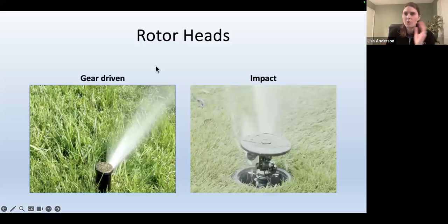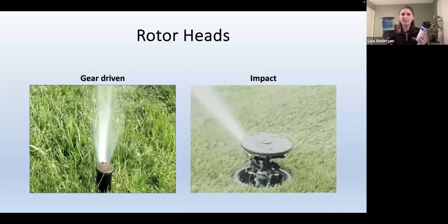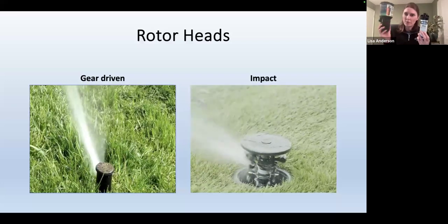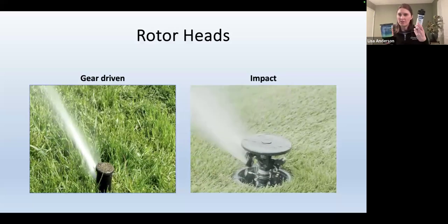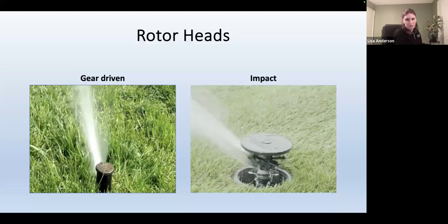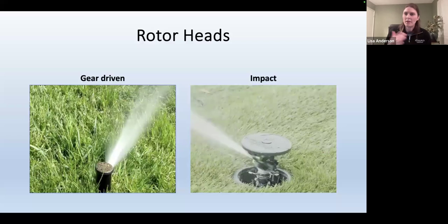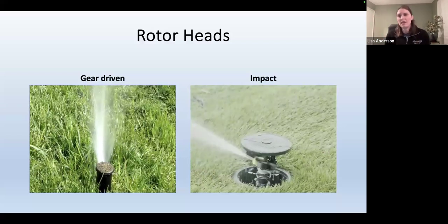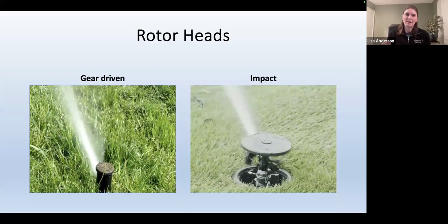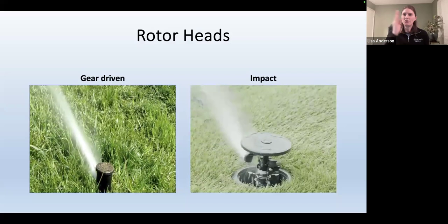Within the category of rotor heads, there are two different types. And you have examples. As you can see, impact rotors are much bigger and gear-driven rotors are much smaller. They both rotate, but you can see the gear-driven on the left-hand side has a much smoother back and forth pattern, whereas the impact rotor has that standard sprinkler noise and pattern we're familiar with, where it goes like